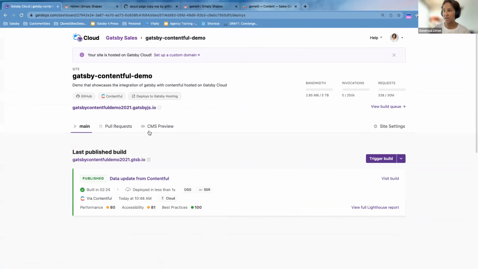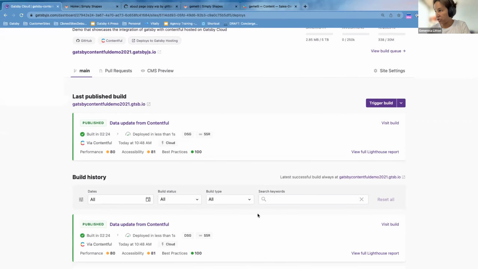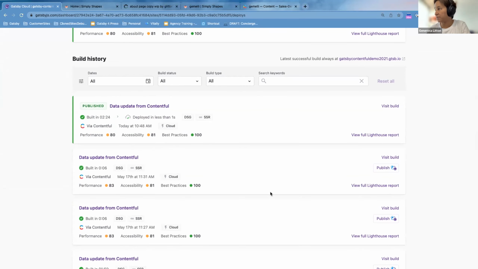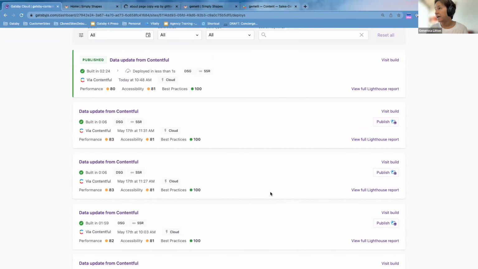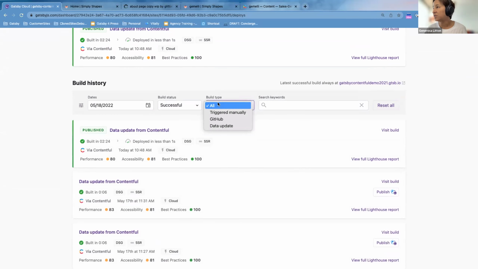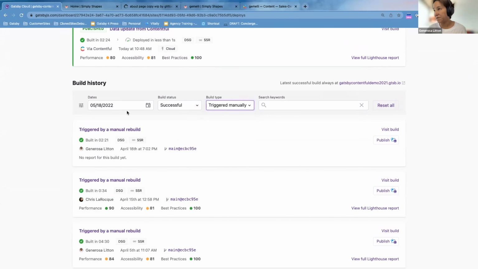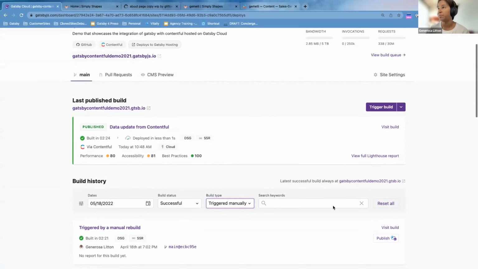So those are the key things I want to make sure you're aware of as a developer. Now let's actually look at the dashboard and what you would expect. Right here is your production build. You have a way to search through all your builds, if you want to revert to a previous build, which is a very common thing. Let's say someone made a mistake. You may want to revert to a build from the past where it was successful, maybe triggered manually, for example. If you want to revert to a build, you just click publish here, and your production build will go to something from the past.